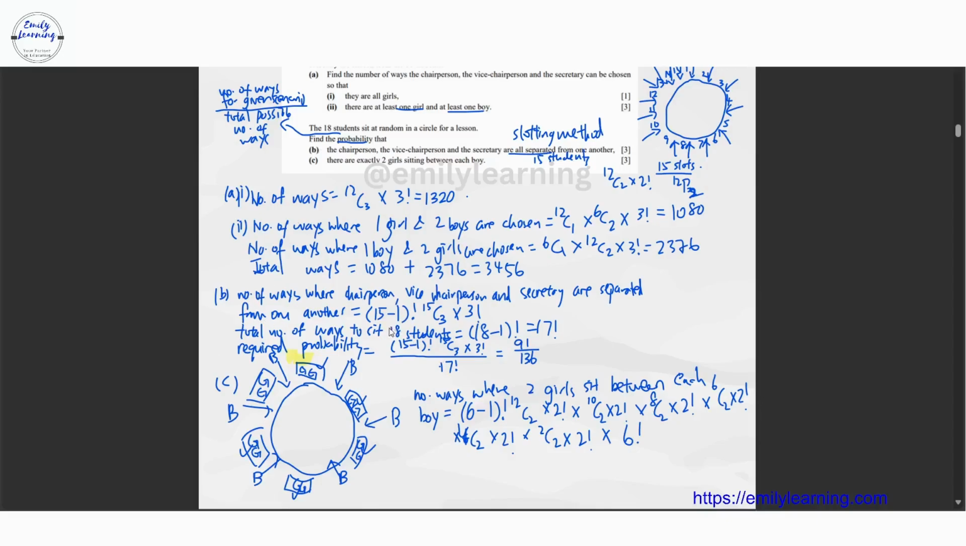When I divide by the total number of ways, because I need total probability, it will be the number of ways for that scenario, which is 2 girls sit between each boy, which is this number of ways. Then to find probability is total number of ways for a given event over the total possible ways. We have already found the total number of possible ways in part B, which is 17 factorial. So the required probability,